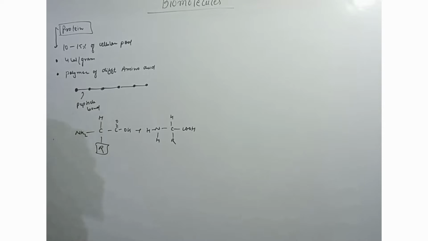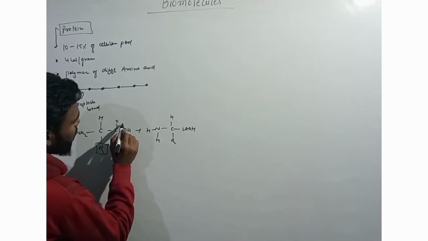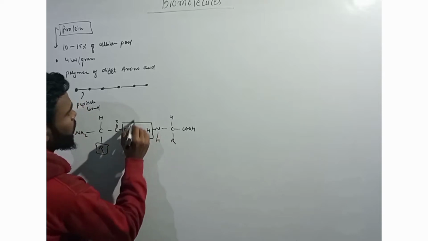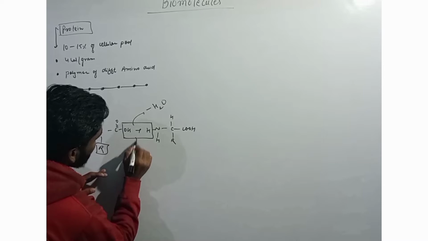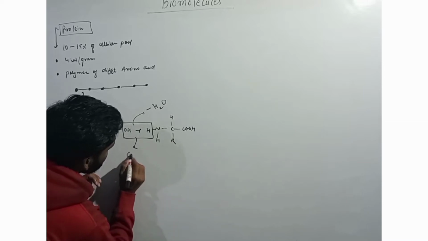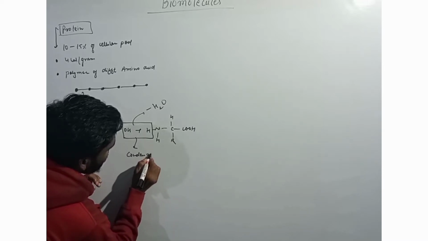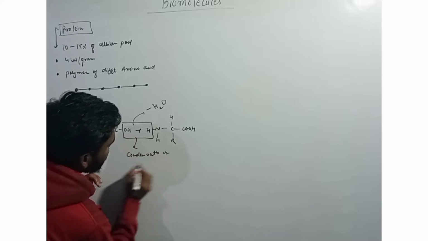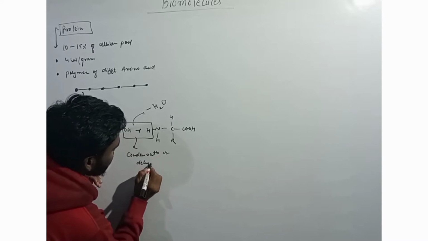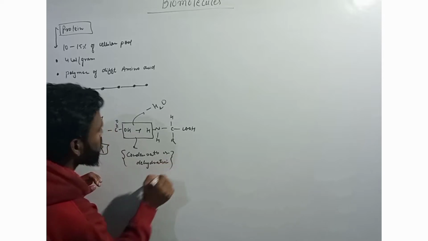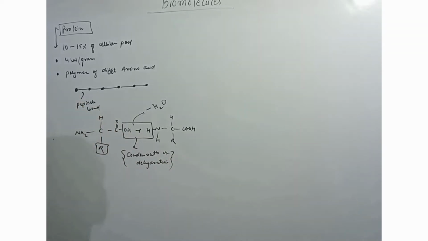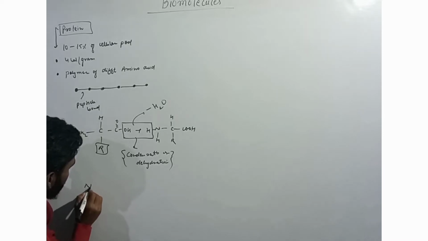Now let's see two amino acids. Then a dehydration and condensation reaction occurs, in which a water molecule is removed. This type of reaction is called a condensation or dehydration reaction. Okay, this is how it happens. Now the peptide bond is represented by